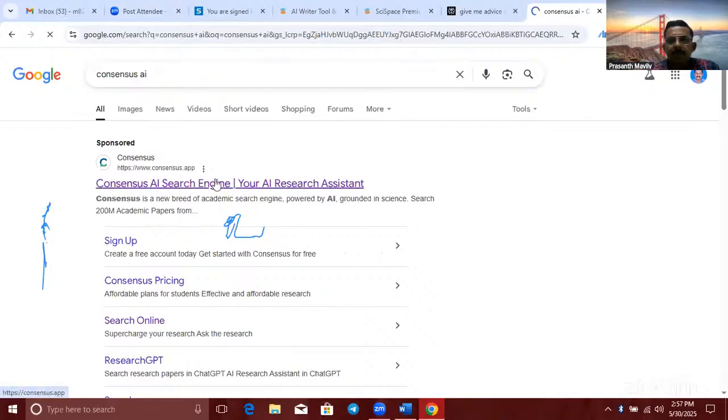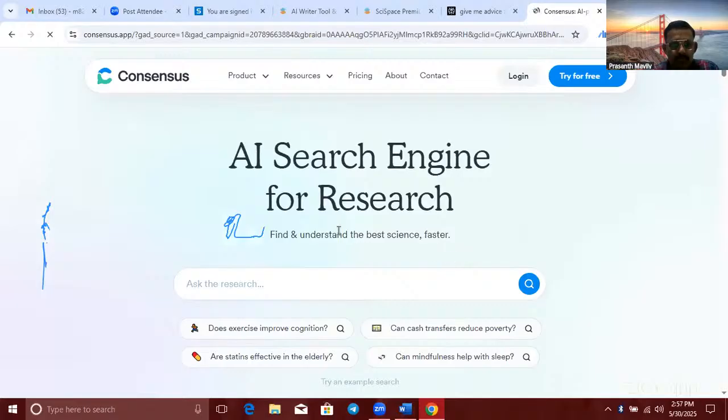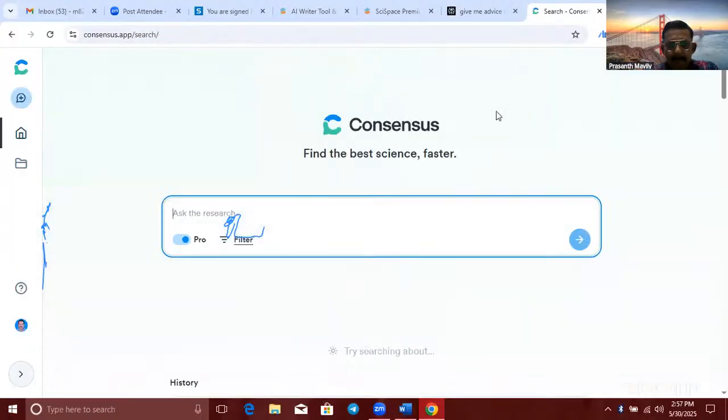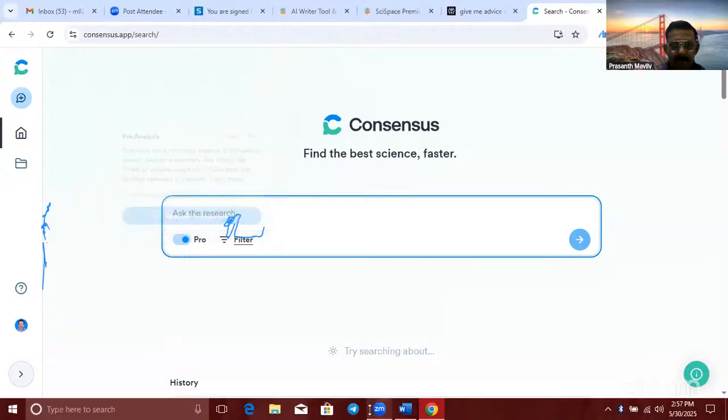See, this AI tool is mainly used for finding answers to yes/no questions related to your research. First, we have to log in. And what is the Pro search? It's a detailed deep search, and you have 10 in a day.